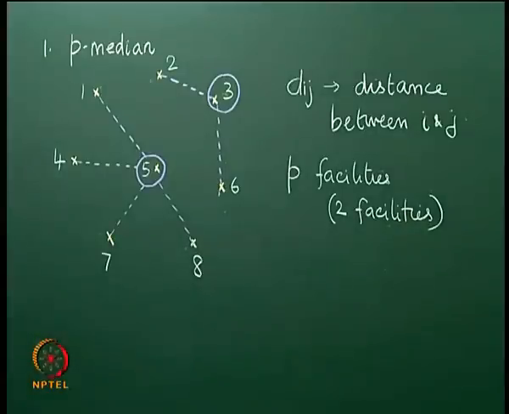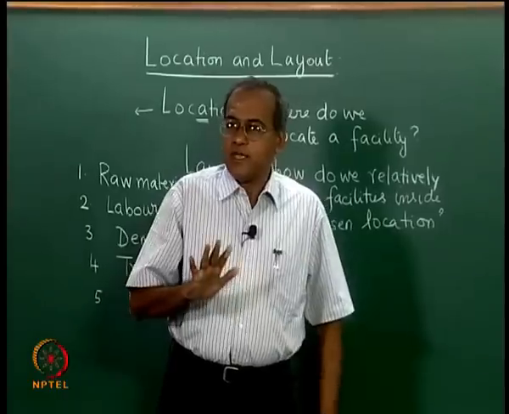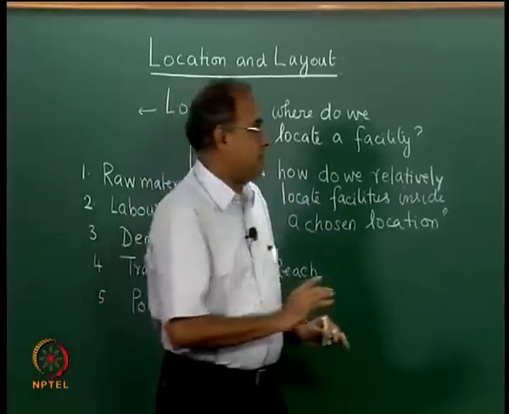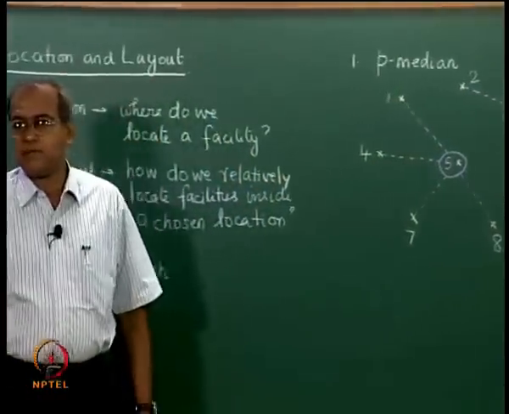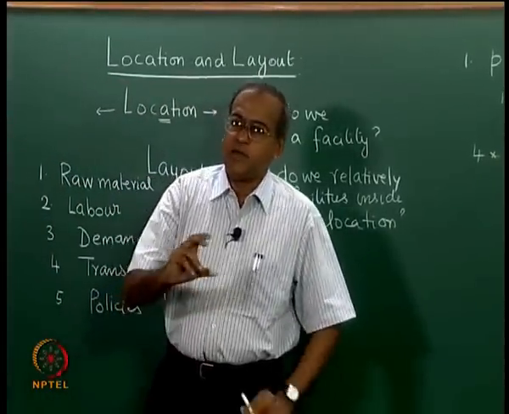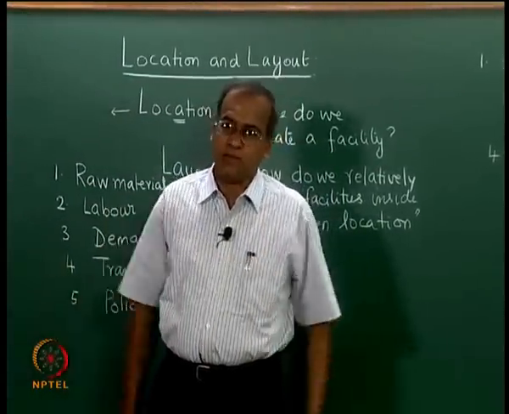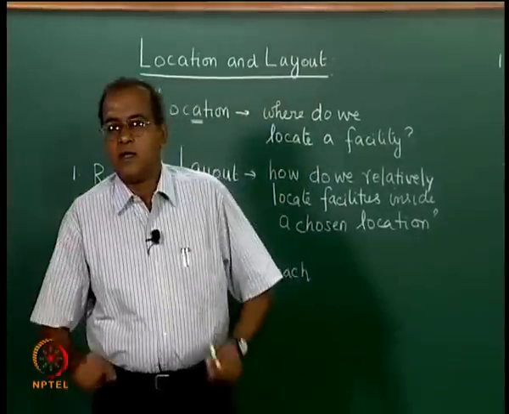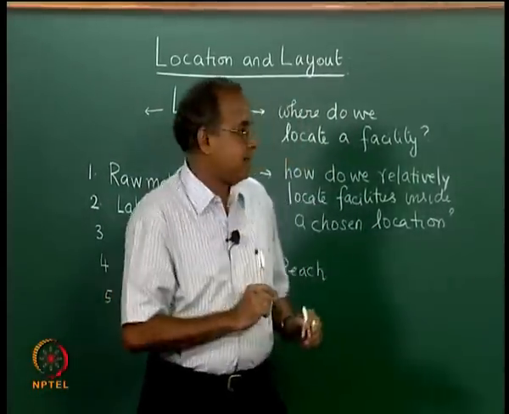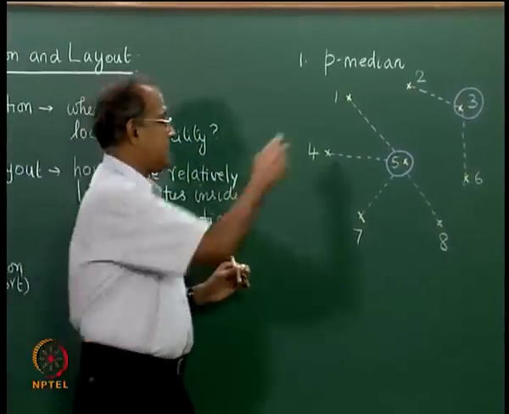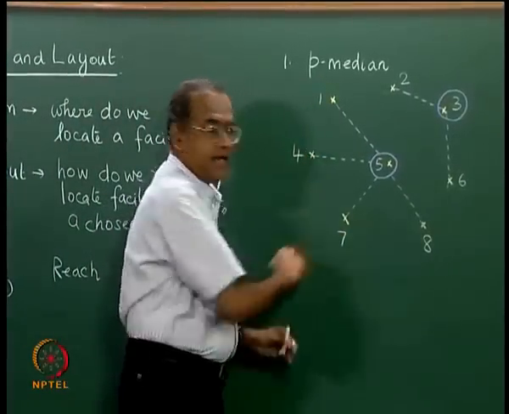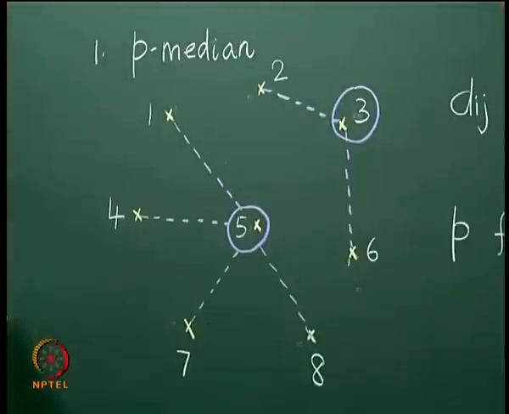Now, at the moment we are not looking at what the demands are in these 8 places, or we may assume that the demands are equal. We are not looking at when we locate a facility in 5 and attach 1, 4, 7, 8 as well as 5 to itself,